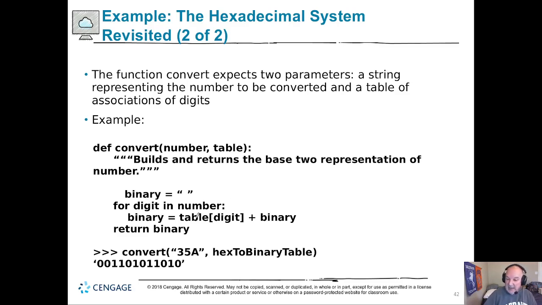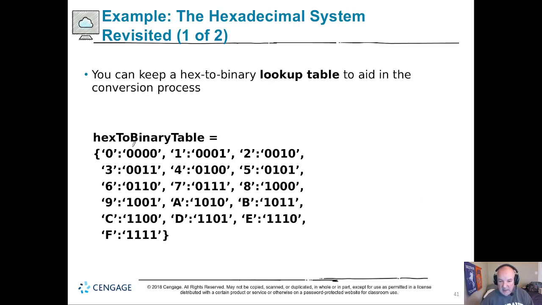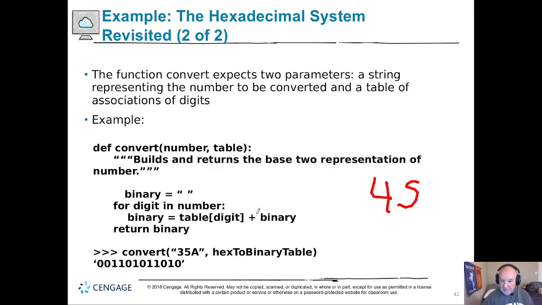Inside this for, I'm saying, hey, table, take that first character that we got, which we know is a number, use it as the key for digit, and return that value. So if they send in 45, the first character I'm going to see is 4. I'm going to go find this and return that. I looked for this key. I found that value. There's my key. This turns into the value plus binary. There's nothing in binary, so binary now contains